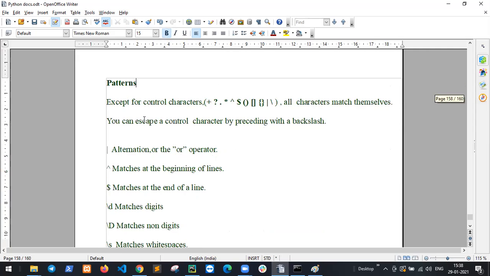Patterns: except for control characters, plus, question mark, dot, asterisk, caret, dollar, parentheses, square brackets, curly braces, slashes, all characters match themselves.